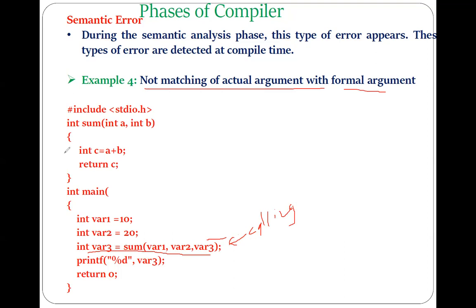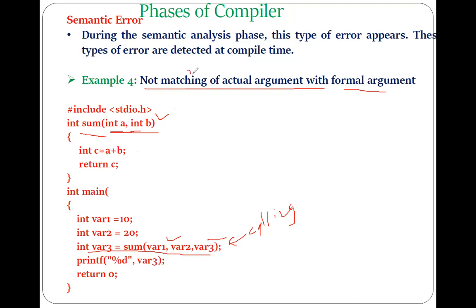Now whenever this code is detected by the compiler, the function sum will get called. So this is your called function. Here in this called function, you are receiving three parameters. From the calling function, you are sending three parameters or arguments. But you have to receive those three arguments, and here you just have two arguments or two parameters.